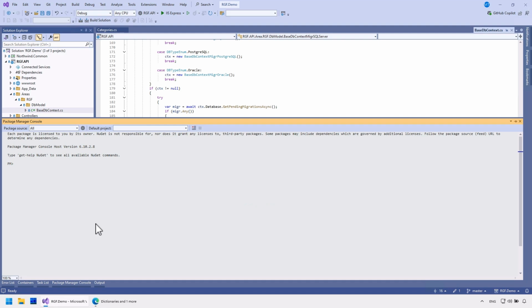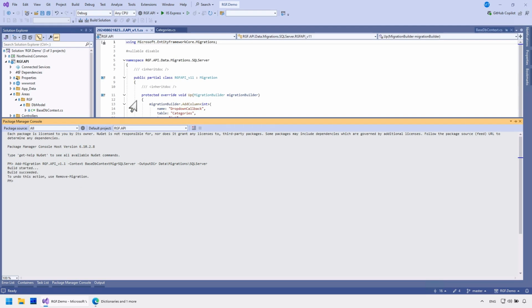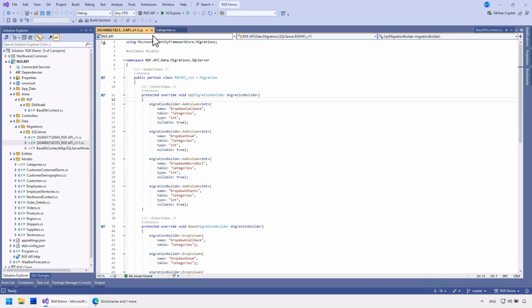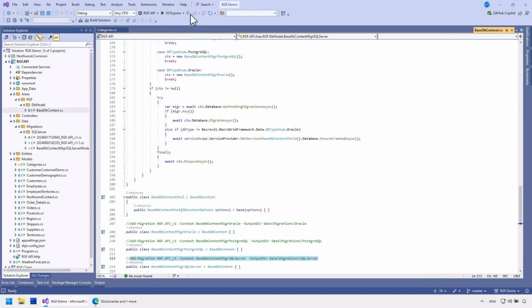I'll quickly create a migration. The database modification will automatically occur during the application's execution.